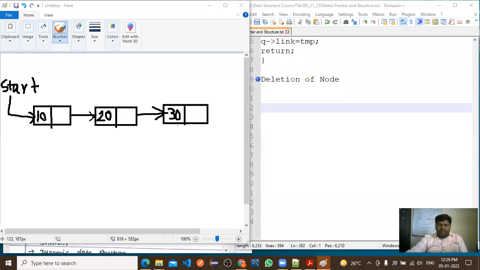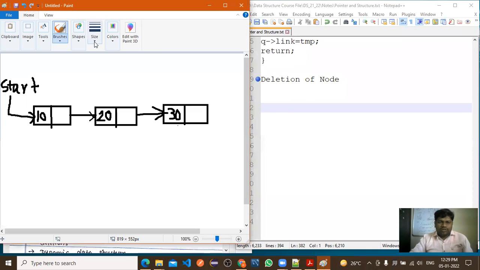So here, what is meant by start? What is the role of the start pointer? What is the start pointer doing here? Pointing to the first node, right?